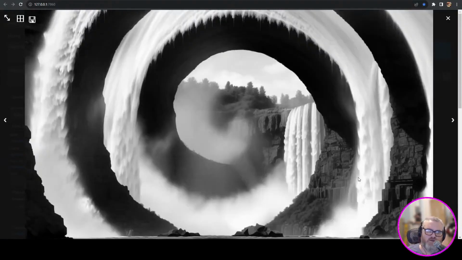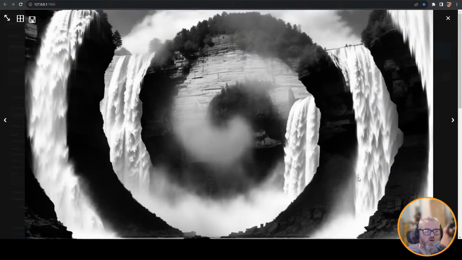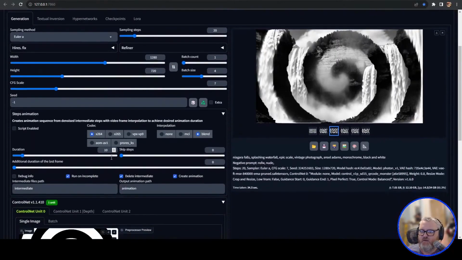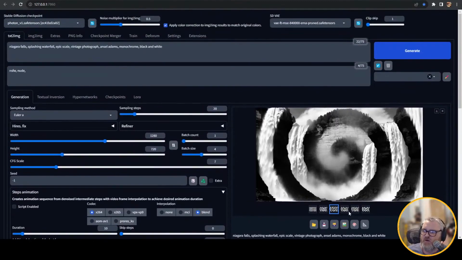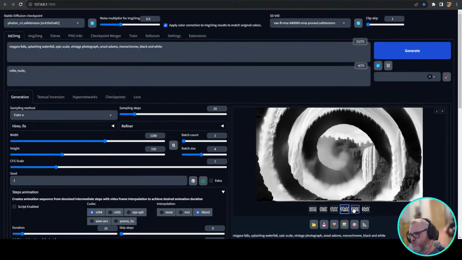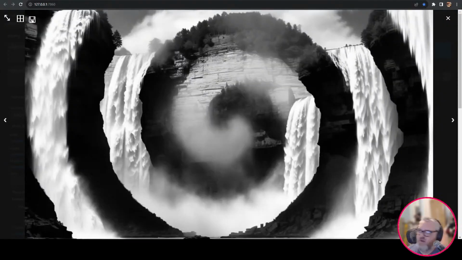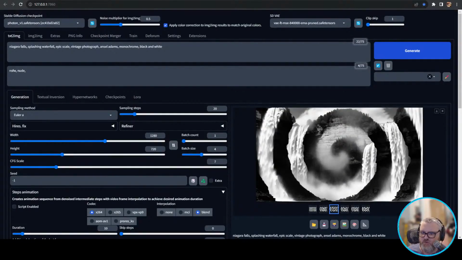Where do I get drugs that make the waterfalls do this? Oh, yeah. Well, I mean, my thing is set to monochrome right now, but yeah. Black and white is like how the ControlNet thing, the QRCode one works. I bet these will look good animated, actually. Let's try them out.